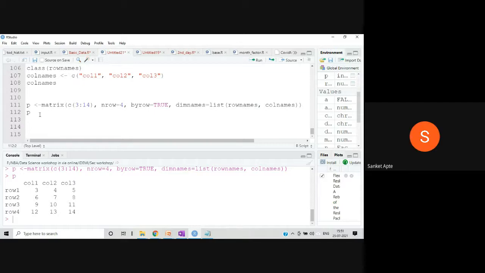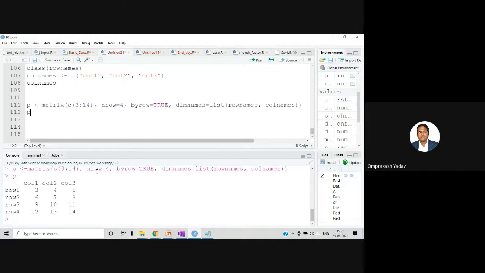One doubt. What is the logic behind this 3:14? If I mention those numbers, should they be divisible? Suppose I make it 3:15 or 3:17. If you make it 3:15, then the total number count will be 13, and then we cannot lay down the matrix elements. If I select 4 rows, you divide by 3. There should be 12 elements only, so it cannot be 13 or 14. I didn't get this logic, that's why I asked.